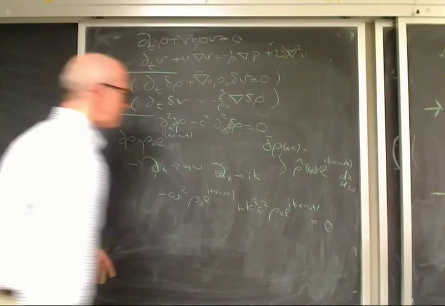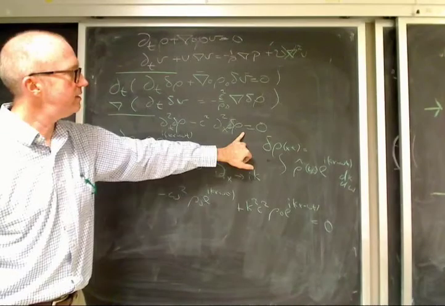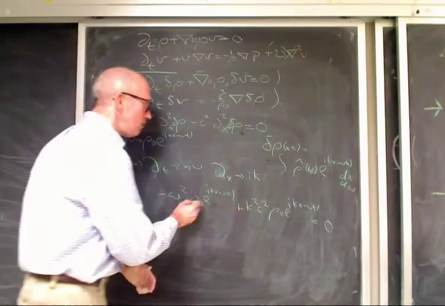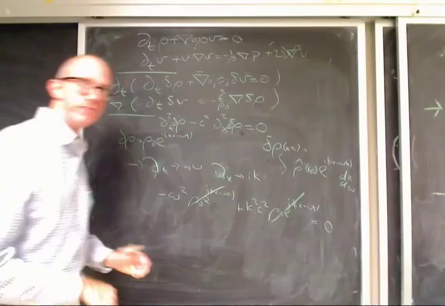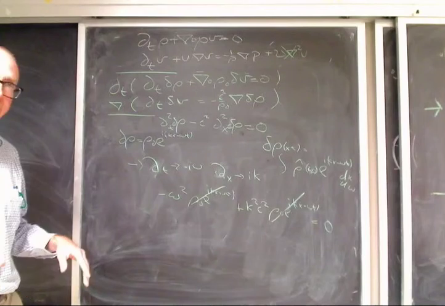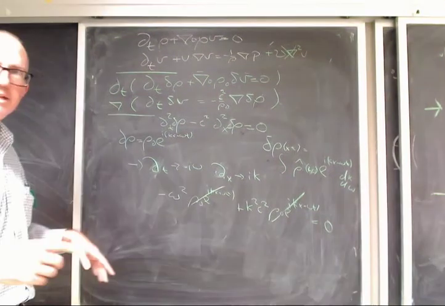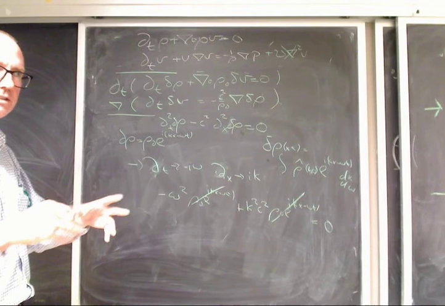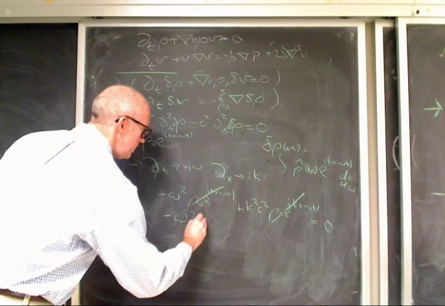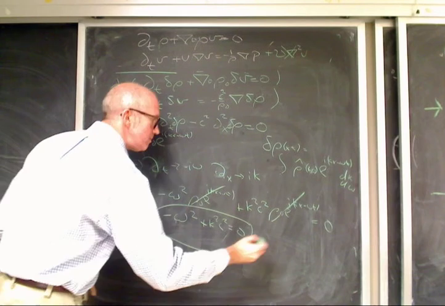equals 0. So all I've done is taken this, stuck it in here, took a bunch of derivatives, and left with this guy again. And then I get to cancel this out because we assume that the density is not 0 anywhere. This is a truth that hydrodynamics hates 0 density. Nature doesn't care. Nature will go to 0 density just fine. Actually, that's a lie. Because when you go to actual 0 density, then you get quantum mechanical fluctuations. So we're left with an equation. This cancels out. It's just omega squared plus k squared c squared equals 0. And this is my dispersion relation.